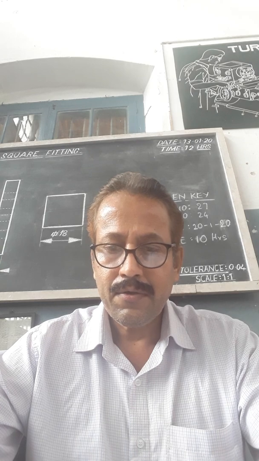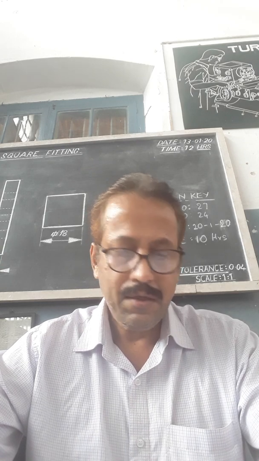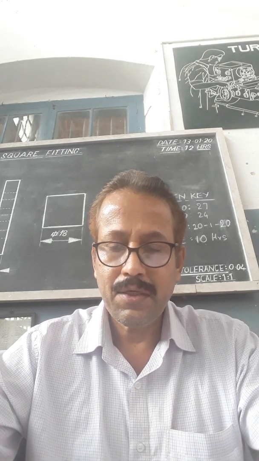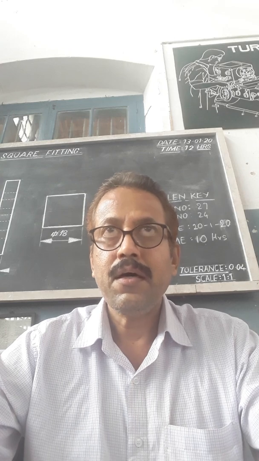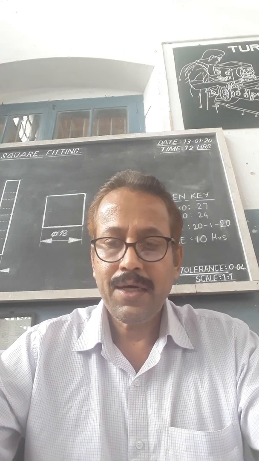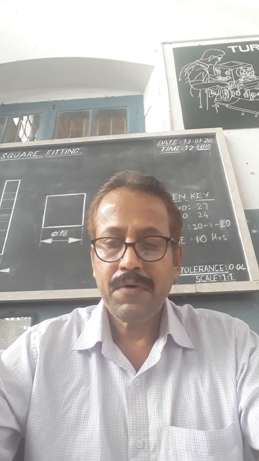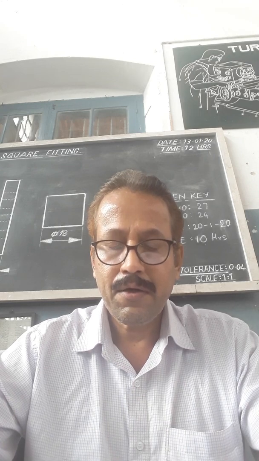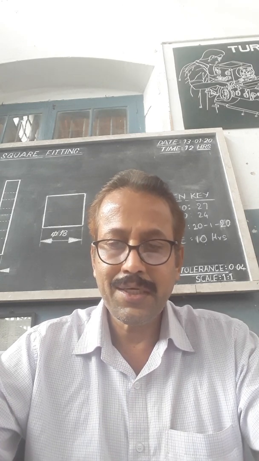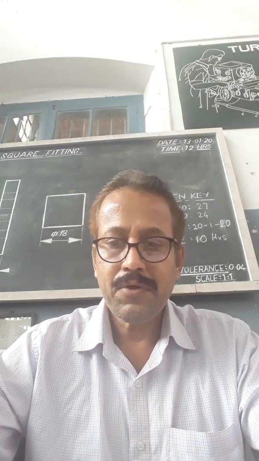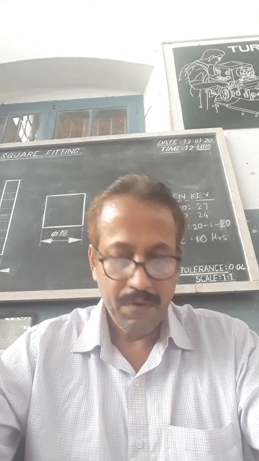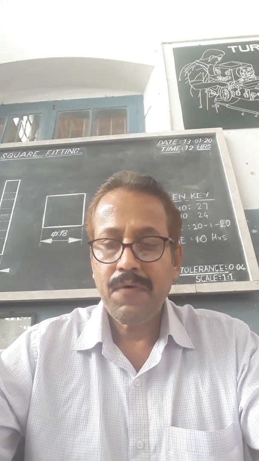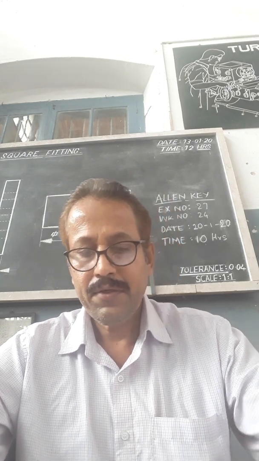Next is the round key. This round key is used on the cylindrical shaft where half portion of the key cuts in the hub and half portion of the key cuts in the shaft. That means both the hub and the shaft are assembled together, and exactly in the middle, where the contact between the shaft and hub is, the drill hole is made for the seating of the key. That's why the key sits half in the hub and half in the shaft. Since it is a round key, it is used only for light torque transmission.